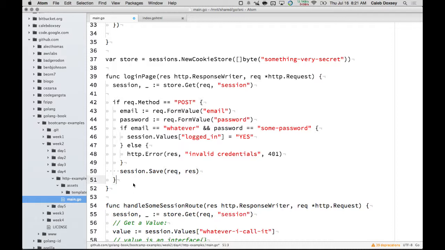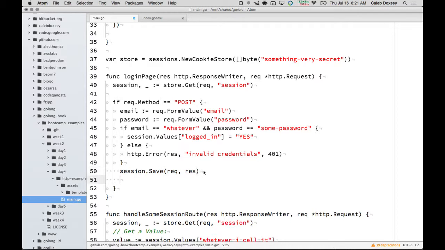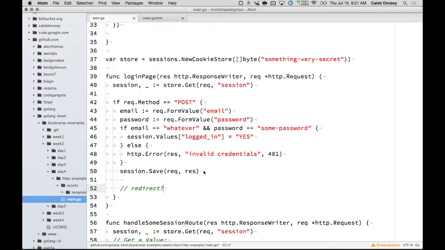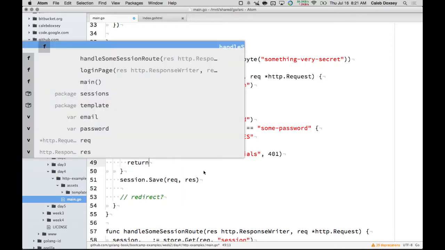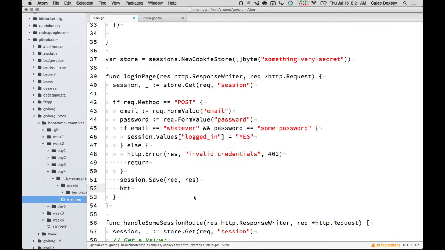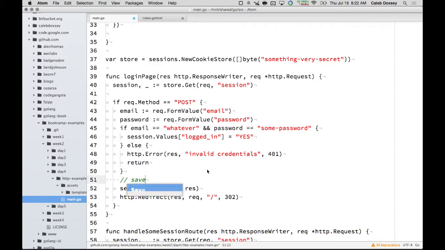And then of course here maybe we would redirect. I don't know what we do if they validly logged in. We'd probably redirect, right? That's probably what we do. So let's do that. You can do that with redirect, and then you pass it the URL you want to redirect to. I'm just going to go to slash, so the root URL, and 302. So that's how you do a redirect. So save session,